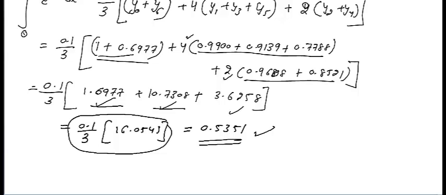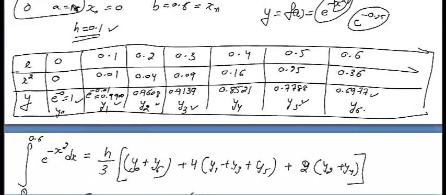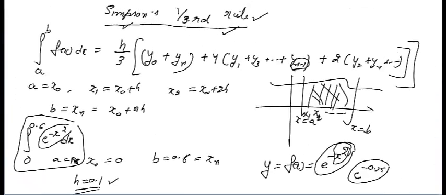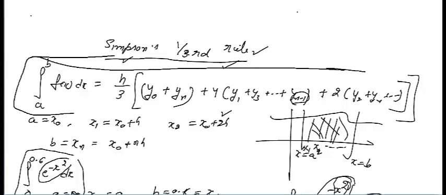And one more interesting thing, this is a numerical technique to find the integration, but definite integration means when limits are given. So let me revise the things. The only thing is the formula here. This is the formula of Simpson 1/3 rule. Correct? So you must be aware of the formula.